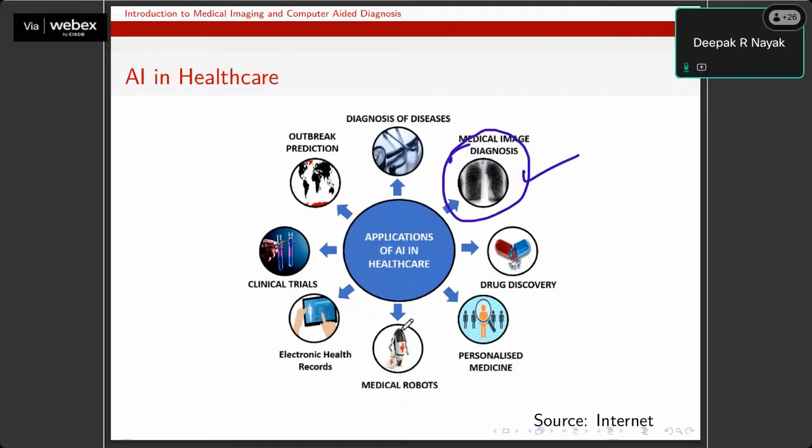Although other parts have also been discussed by some of the other speakers, or will be discussed by some of the speakers, maybe in the next 2-3 days, right? So what I'll be focusing on is only this part: how medical imaging is now helping the doctors solve many problems, what problems they face while manually interpreting these images, and how to assist them in designing some sort of automated approaches. That is the main focus of this particular session, right?